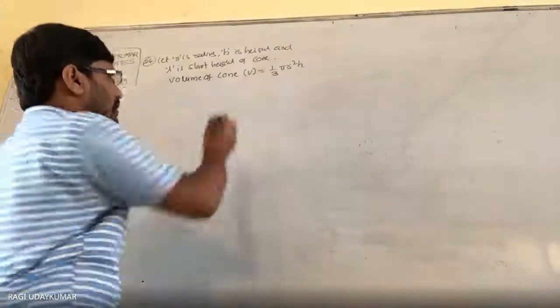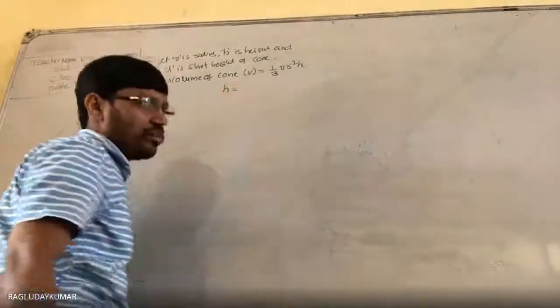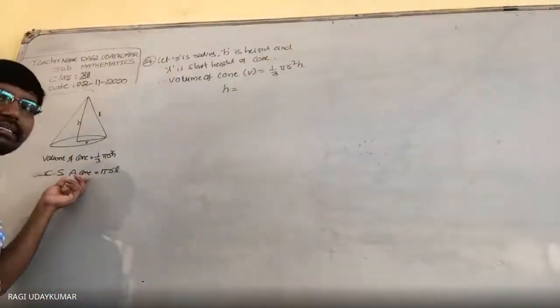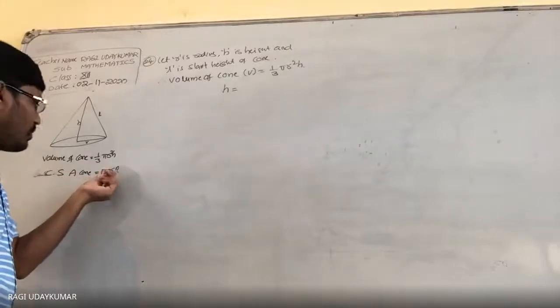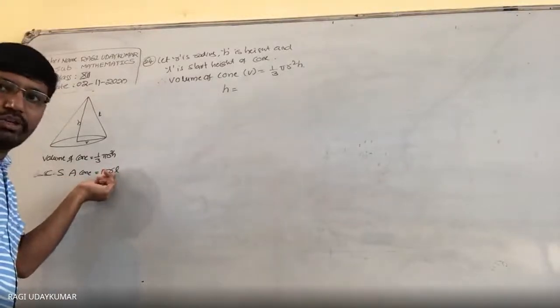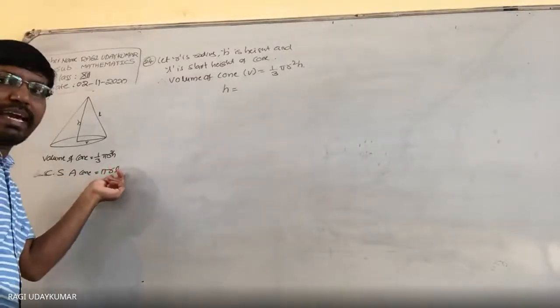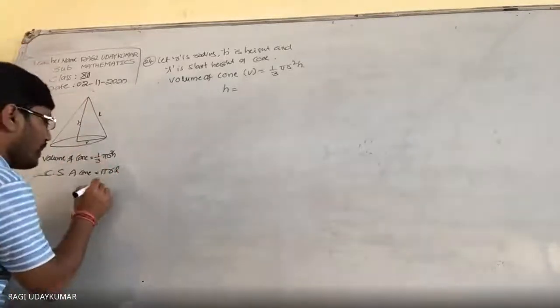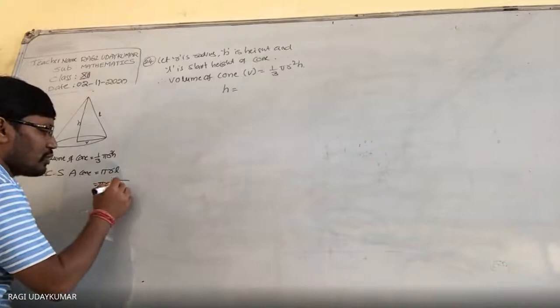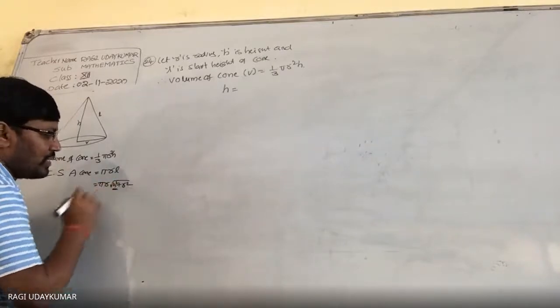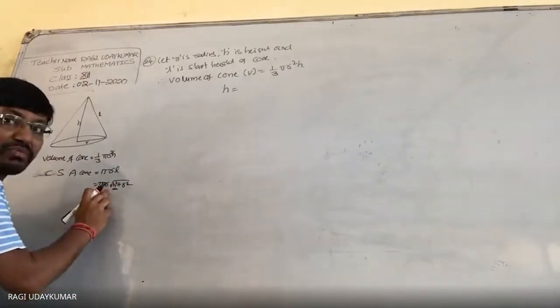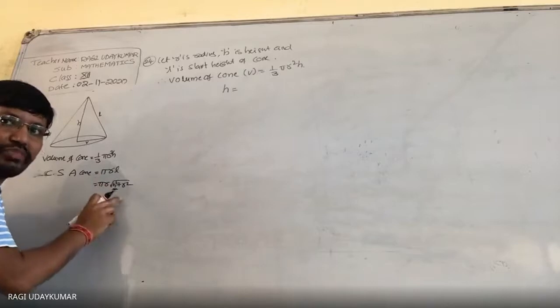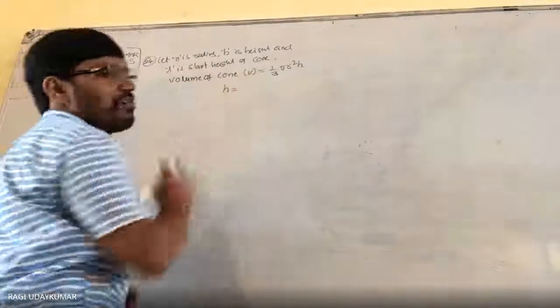Volume is converted. So convert the height, because whenever you take the slant height, pi r l is there. So with respect to r you need to do the differentiation. L will be expressed in terms of h and r: l is equal to pi r under root of h square plus r square. So here h is there, and h should be expressed in terms of r. That's why we are converting h.